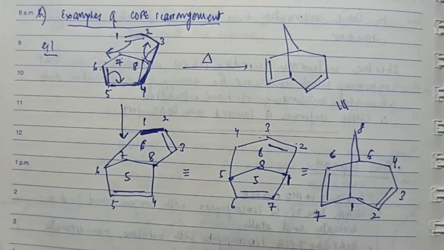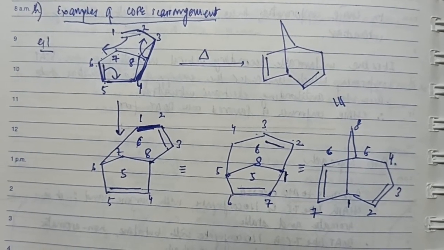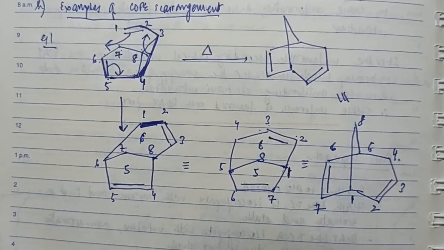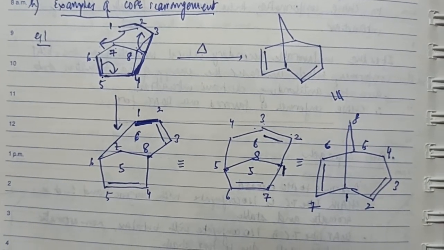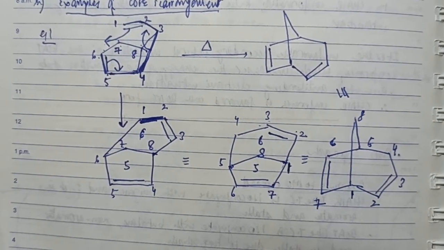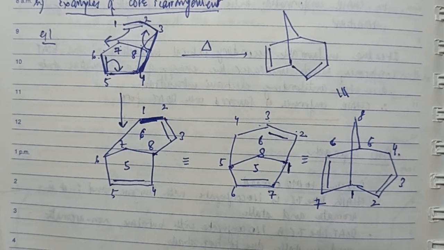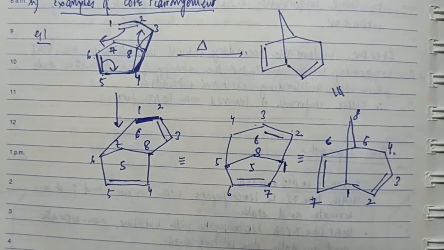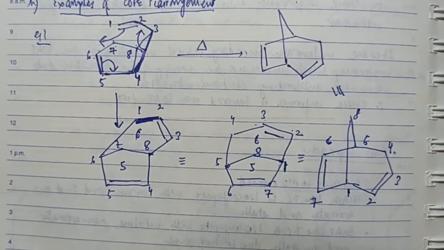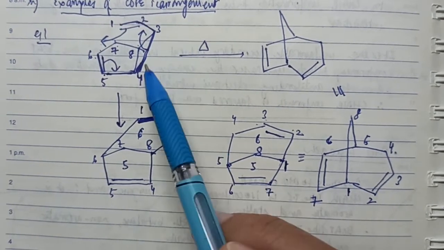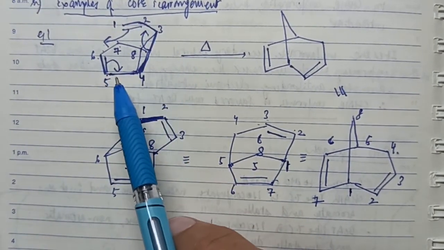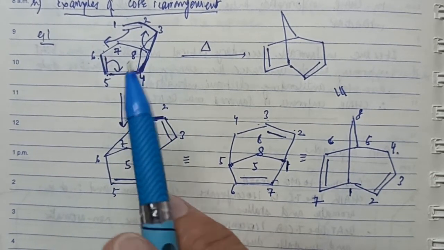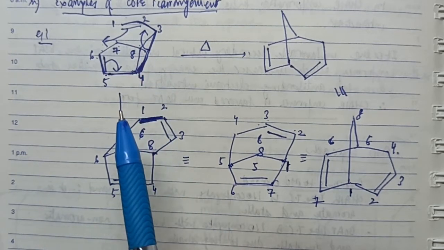Therefore, as you can see, the system might appear to be a bit complicated to start with, but if you follow the Cope rearrangement by the motion of the arrows, and remember, in all Cope rearrangements, the first thing we need to identify is which portion of the molecule is 1,5-hexadiene. Once you have done this, then you have to number that 1,5-hexadiene in an IUPAC manner, and subsequent numberings can be done regardless of the IUPAC nomenclature. What I'm trying to say, 1, 2, 3, 4, 5, 6, this was the numbering of the hexadiene system only. I'm not considering other systems.